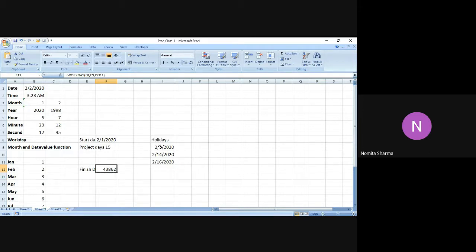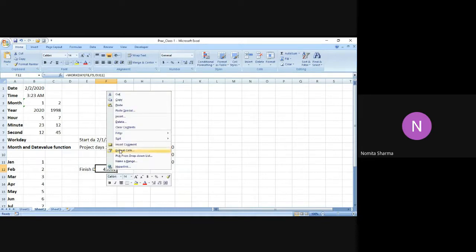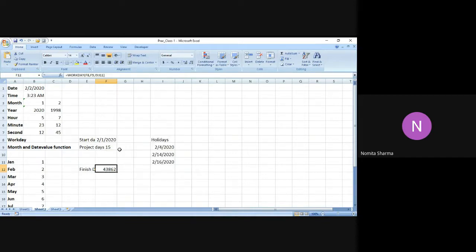Many times it will confuse you because it is actually a number which is a right number. But we need to interpret that by changing the format of this particular cell, because this particular number is a serial number which is representing a date when we are going to finish with our project. So if I just click on this and I change the format of this cell to date, I will easily get the date when I'm going to finish my project.